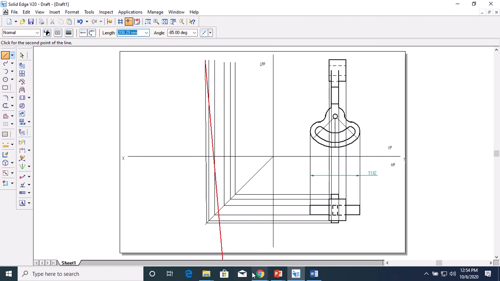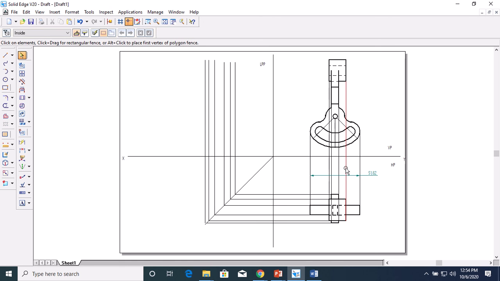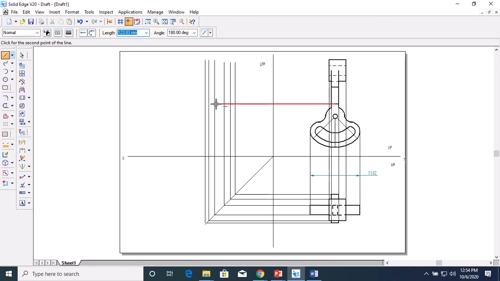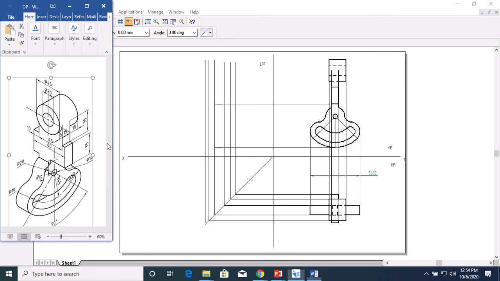Like this you draw the projection lines, make sure it is 90 degree. If you are not sure, you just enter the angle and press enter. Here, up to here, it looks like a horizontal line, from this surface to this surface it looks like a horizontal line. Okay, here to here, see this portion. So from here to here it looks like a horizontal line, so till here.